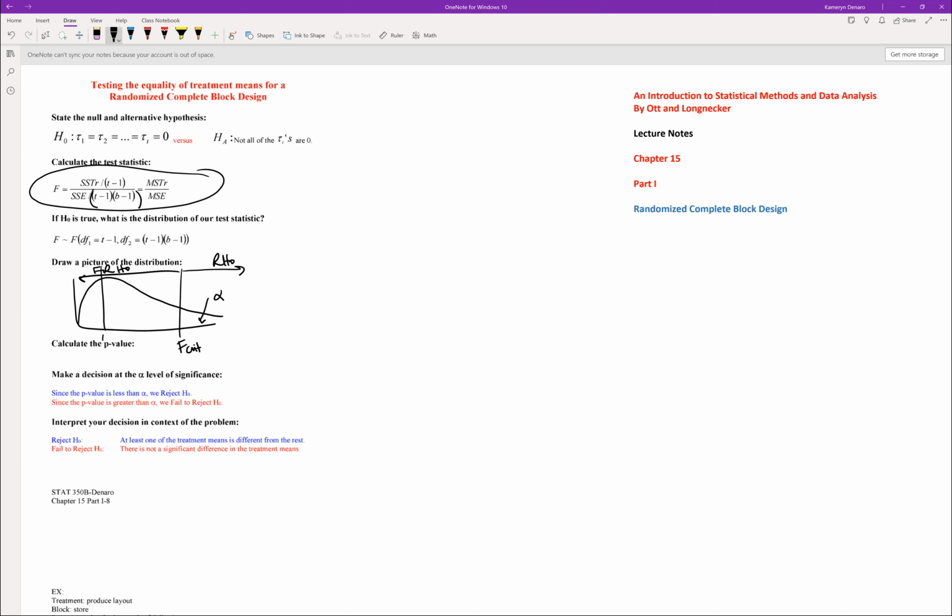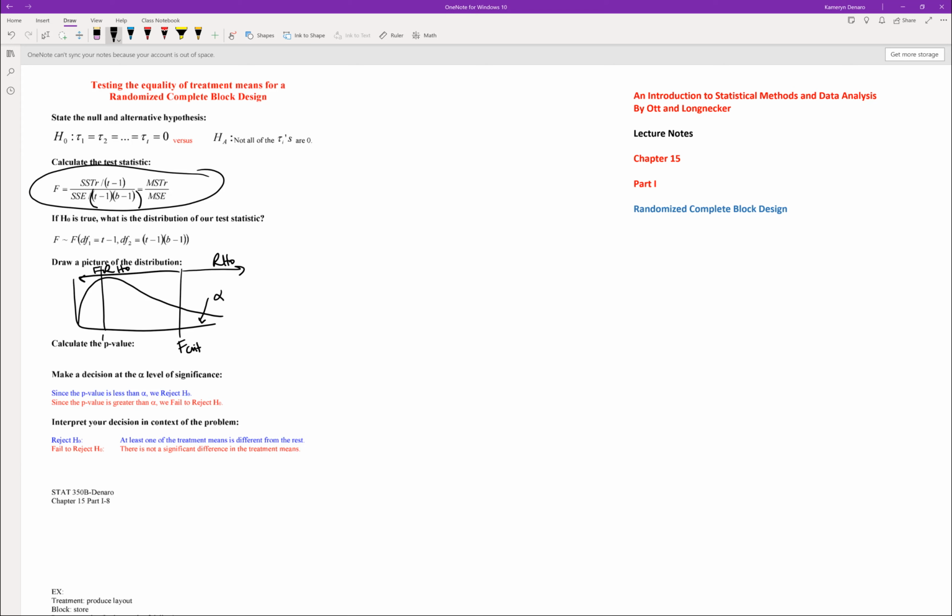by finding that alpha level with the appropriate degrees of freedom. And from there, after we calculate our test statistic, we can calculate our p-value. So there's a lot of different ways you can calculate this p-value. One way is by using F tables, and essentially you're going to go to the correct degrees of freedom for the numerator and denominator. You're going to find your F test statistic, and then you will find the appropriate area